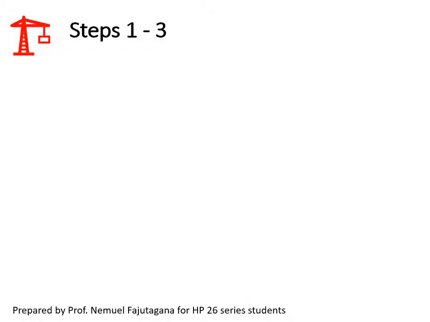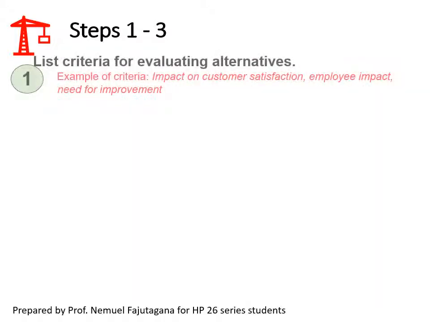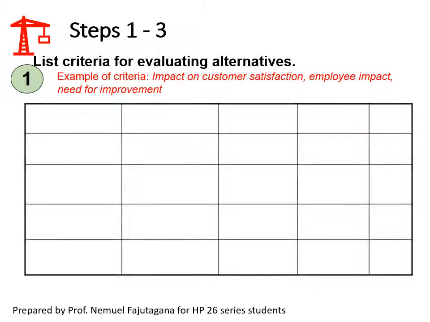Let's just continue. So step 1, let's talk at this. So list criteria for evaluating alternatives. Let's say, for example, you write a table here, right? You write a table or you prepare a table. So what you try to do is